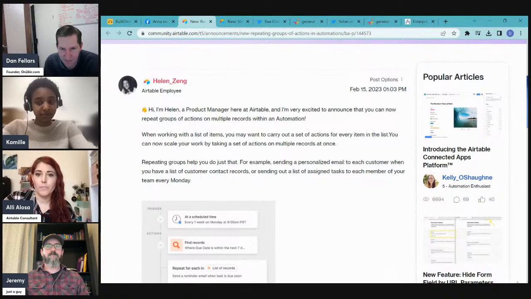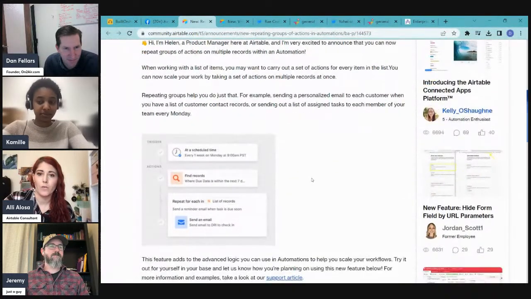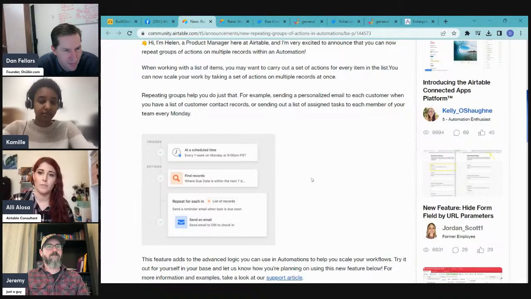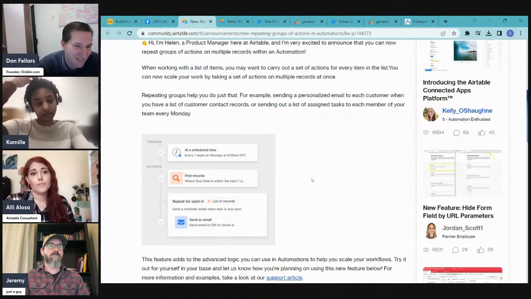I'm also, it would be great. It looks to me right now, I haven't played around with it a ton, but I think it only works with linked record fields and lookup fields. It would be nice if we could use fields that are inherently an array that Airtable sees them as, but it would be great to be able to use a string and then tell it what the delimiter is. Or even if you just give it a number field, if I give something 5 out of 5 stars in a rating field, maybe I want to loop for each rating. Right. Yep. Yeah, that'd be interesting.